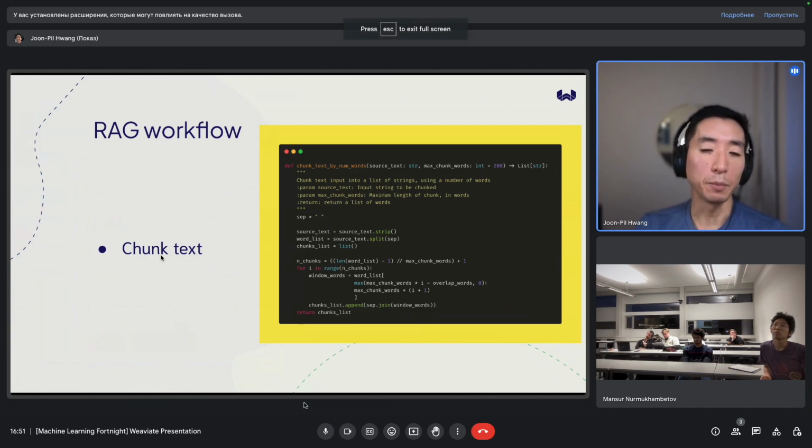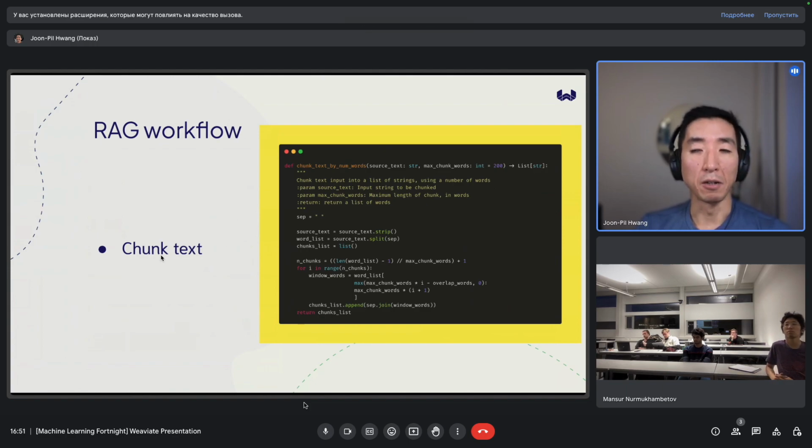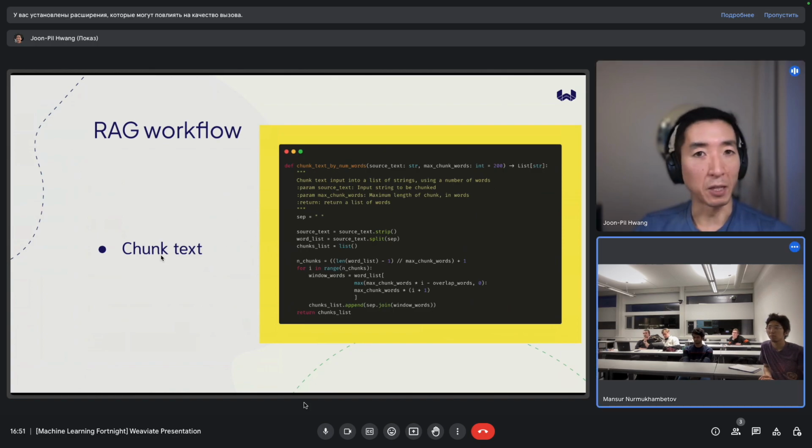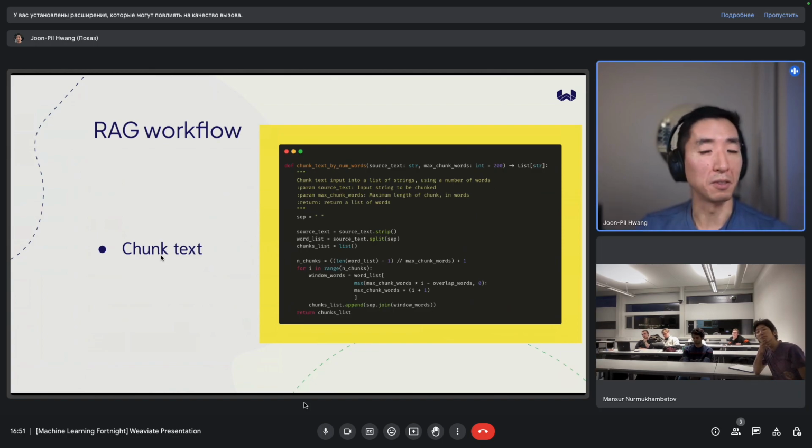That's called chunking. As a rule of thumb, from what I've seen, chunking about 100 to 200 words as a starting point works relatively well, and then go from there. But it really depends on what you're trying to do and what your source data looks like. It is a really important and interesting topic.